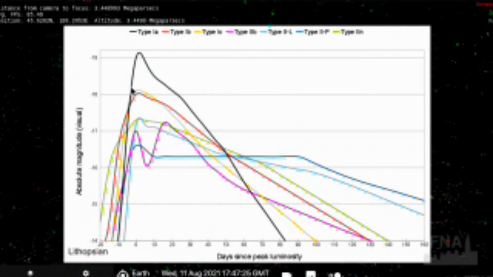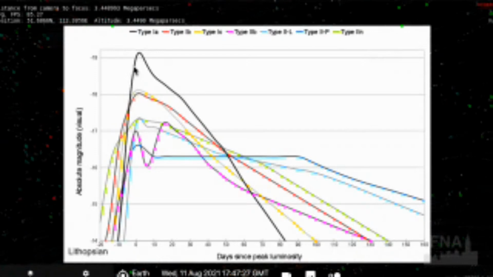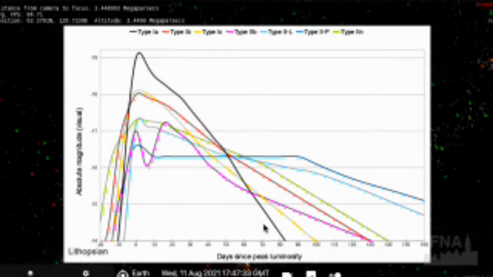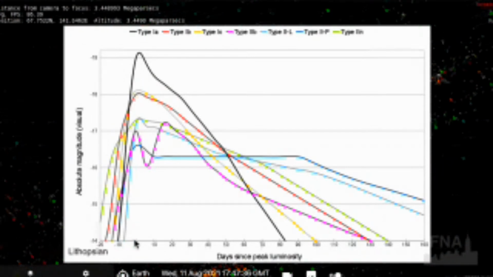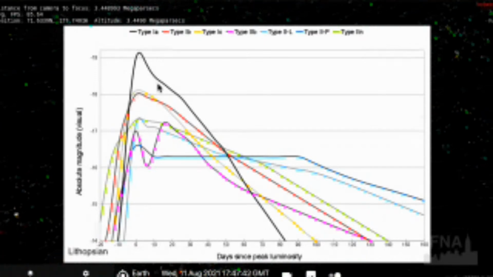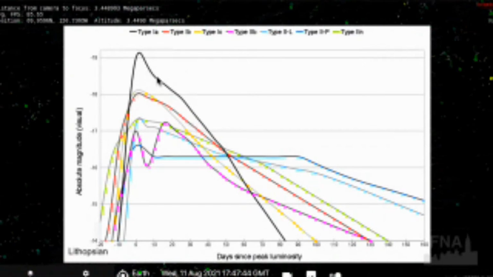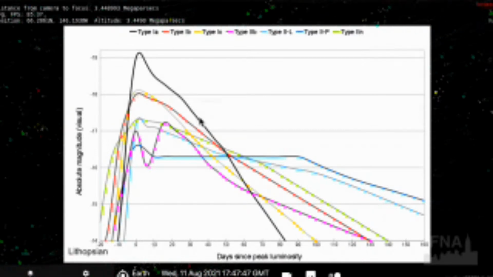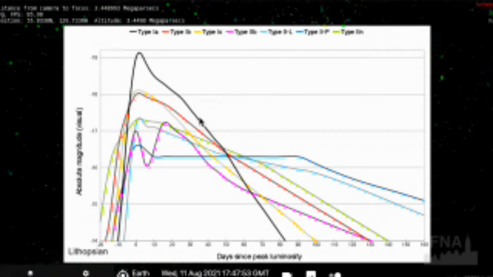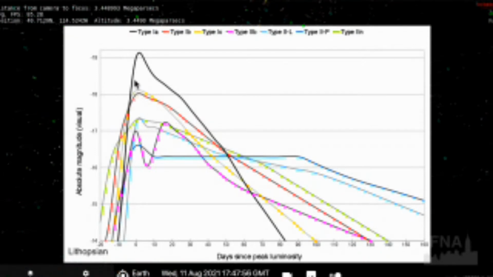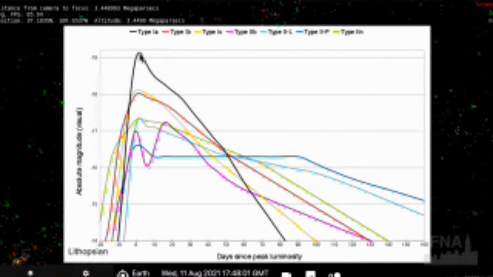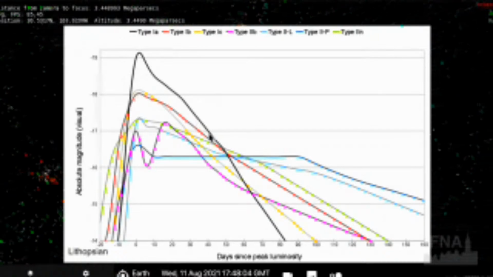So if we measure the light coming off of a point as a function of time and it has this little shape to it, you can see it brightens over a few days, reaches its peak luminosity. That's the zero, where it gets to its brightest point. And then it tapers off, but it tapers off in a certain way. So those are very specific objects that are exploding. And because they're all exactly the same, this light curve, this plot of the absolute magnitude, or the total actual brightness as a function of time, looks the same for them.